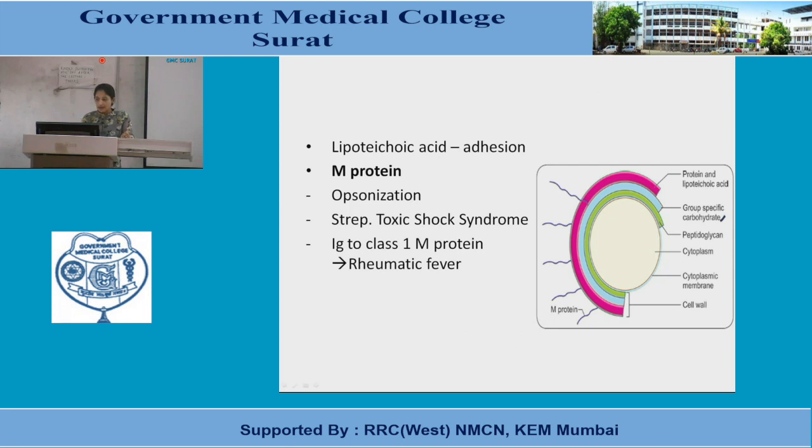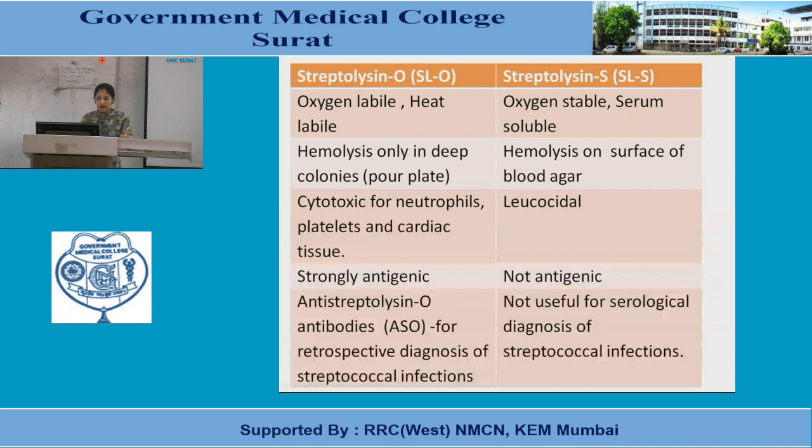The Streptococci family is classified as per their carbohydrate property, that is the Lancefield classification. Another classification, in Streptococcus pyogenes, is according to their protein properties, like M, T and R protein, which is the basis of the Griffith classification. We will see this in the subsequent slides. So these are the antigens and virulence properties of Streptococcus pyogenes.